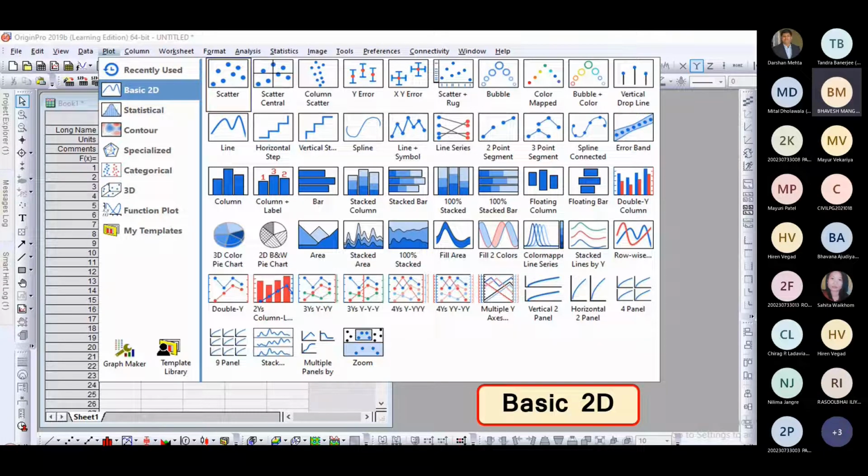So multi-Y, many data are there where multi-Y or multi-X are there, so that facility is there. You can create the graph with multi-Y. Then vertical 2 panel, horizontal 2 panel, 4 panel, 9 panel. This much variety of 2D graphs is available here.